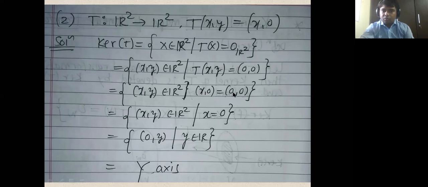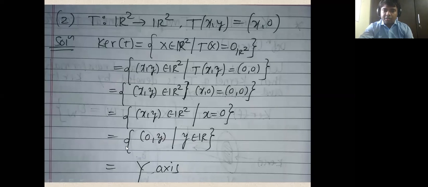Now this vector equal to this vector means what? x equal to 0. It means the collection of x comma y belongs to R2 such that the first component x has to be equal to 0. What is that collection of vectors I can get? The first component is fixed equal to 0 and the second component can be anything. So the kernel of T is the collection of all the vectors in R2 whose first component is equal to 0. It is a collection of vectors of the type 0 comma y such that y belongs to R.